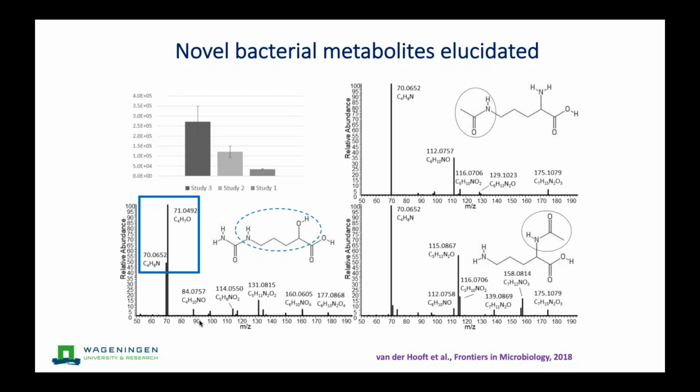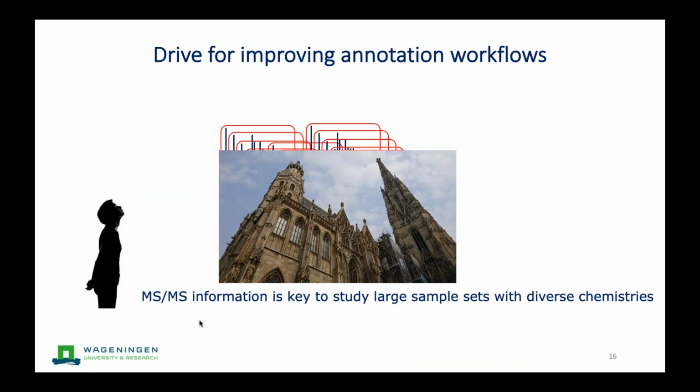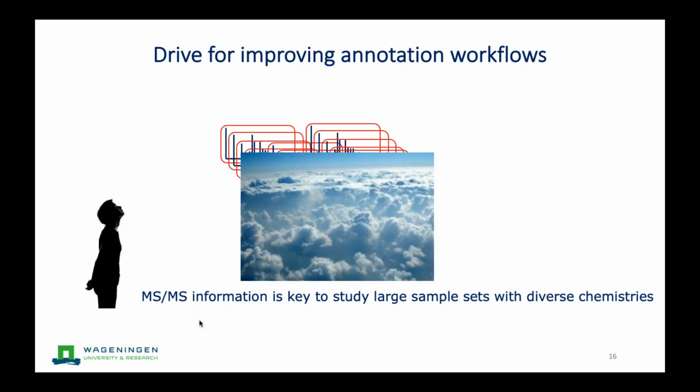However, this takes a lot of time and effort, and you actually want to do this in a higher throughput. And that is one of the drives for improving these annotation workflows. I've shown you examples of how MS/MS information can be key for the elucidation. I've shown you how pattern mining can help us. We already started to see some patterns in the fragmentation data. Some fragments are similar, others are different. However,